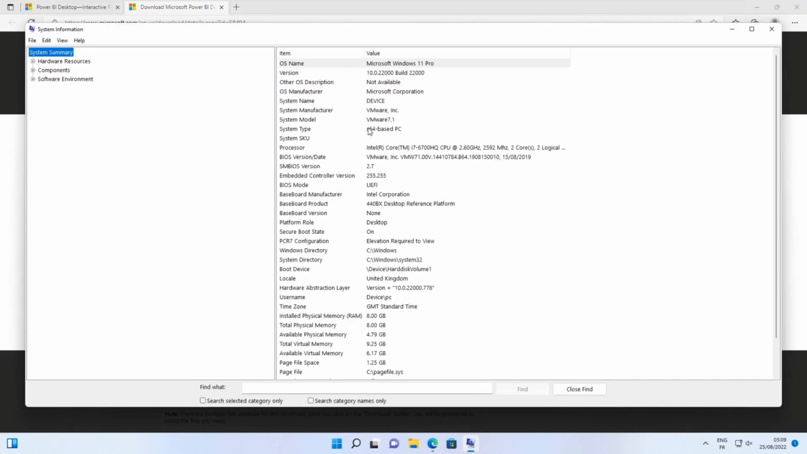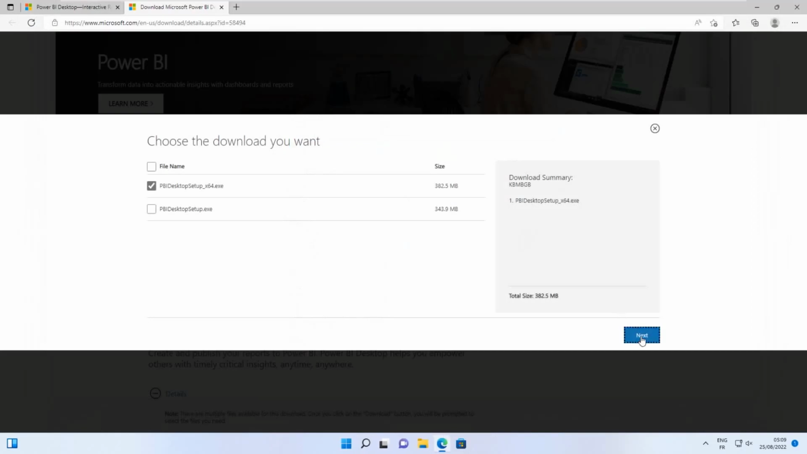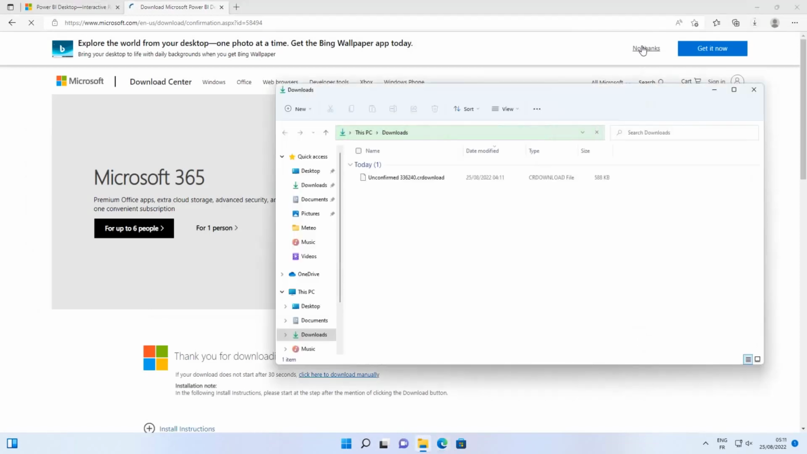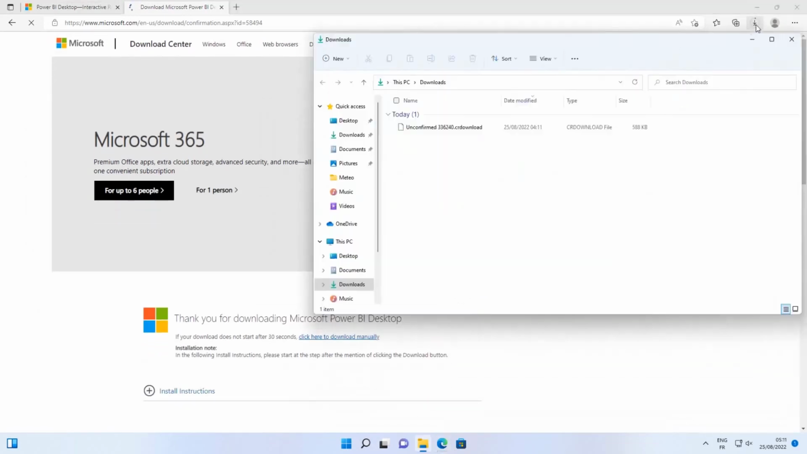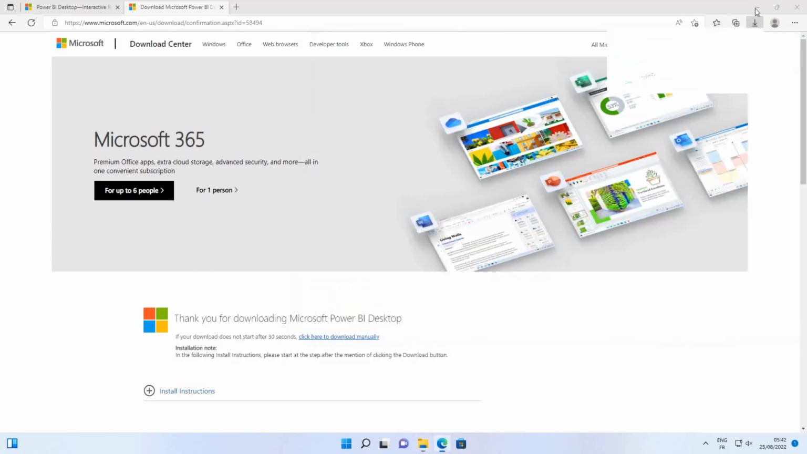To see which version of Windows you have, just go to system information. Here I have the 64 version, so let's download this. This should take a moment depending on your connection speed. After the download is completed, just right click and run as administrator